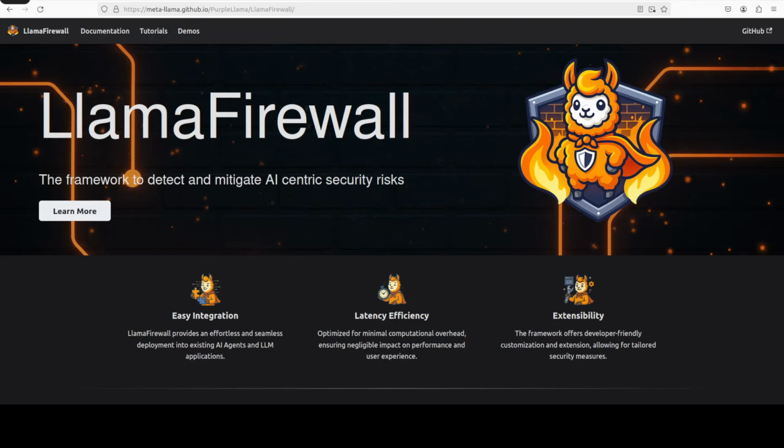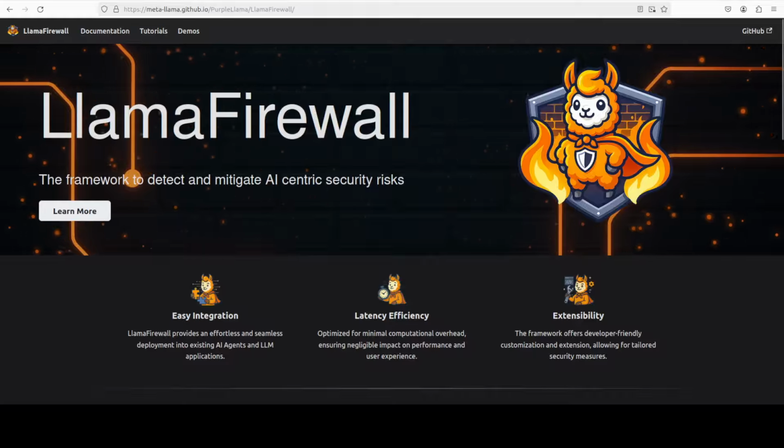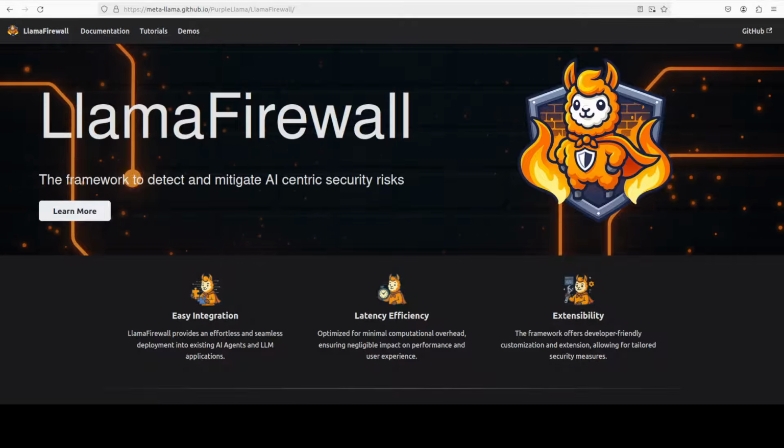The open source division of Meta has produced some really good gems over the last couple of years. In this video, we are going to cover yet another gem from them, which is LlamaFirewall, an open source AI security framework designed to protect large language model applications and autonomous agents from prompt injection, misalignment, and unsafe